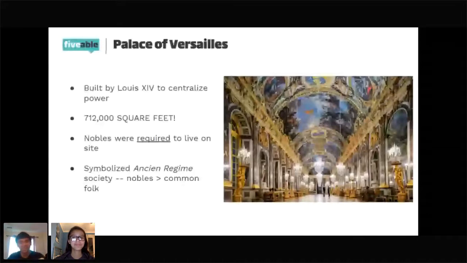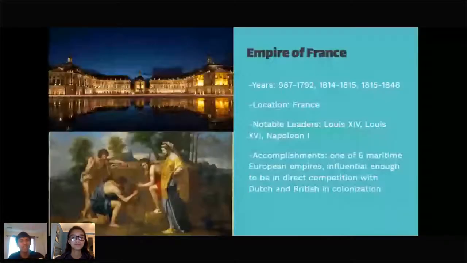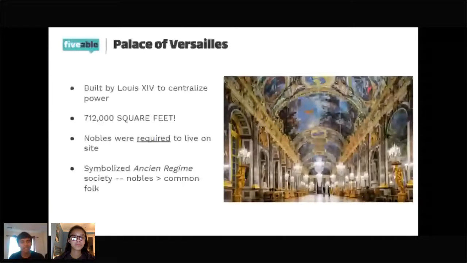If you look back here, it's in the first picture. It's really, really humongous and really vast. So it's not a joke. And it showed that size mattered when it comes to power in Europe at least. The catch here is that nobles were required to live inside, so they didn't have a choice, unless you want to face repercussions like